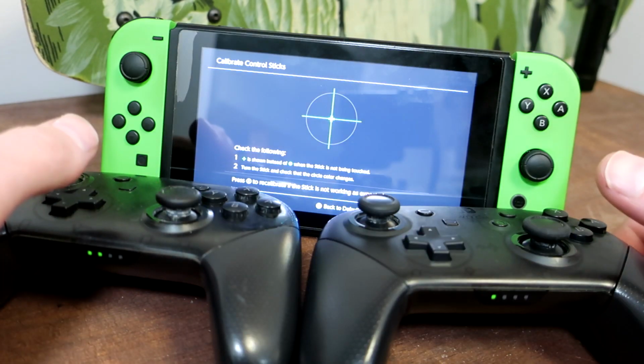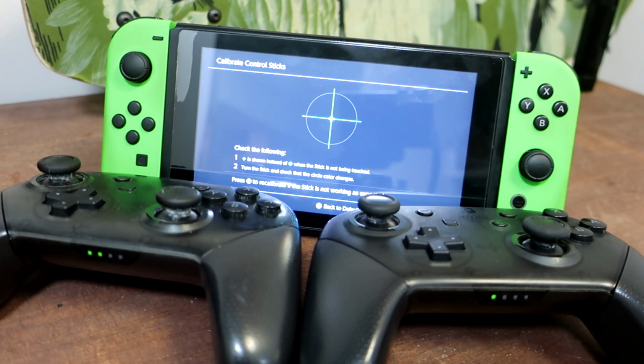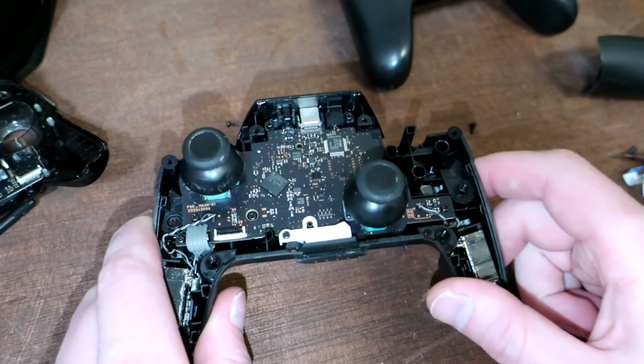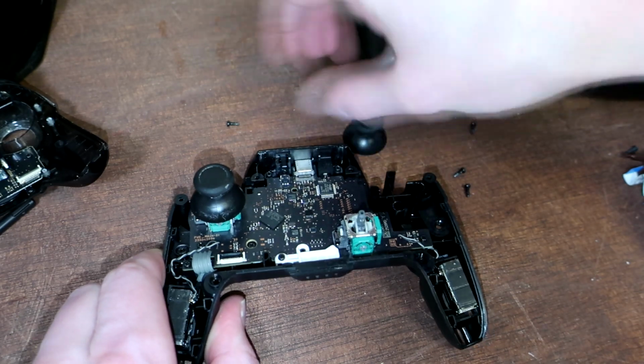The thumbsticks are also very quiet. I'm going to show you how I did that. First thing you need to do is get your controller open, and that's usually pretty easy. And once you get to the point where you can take your thumb caps off,